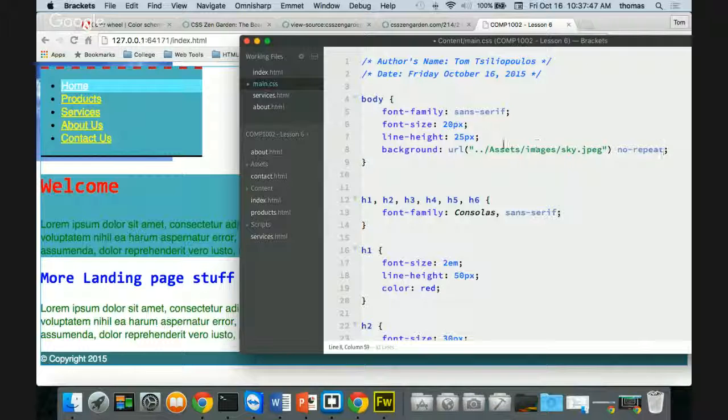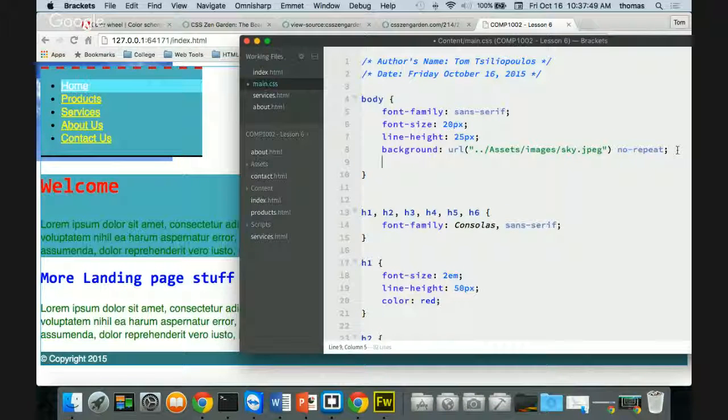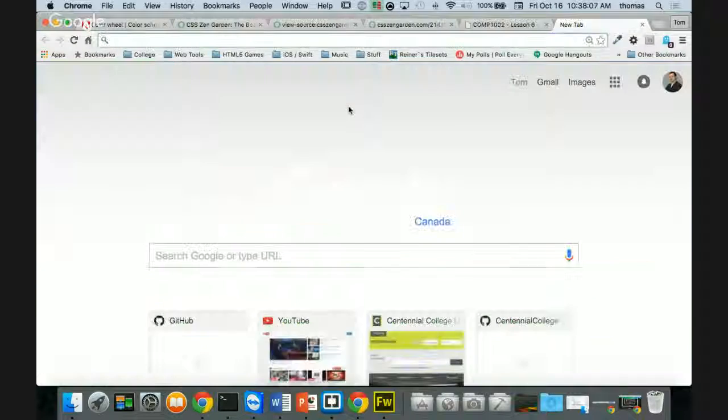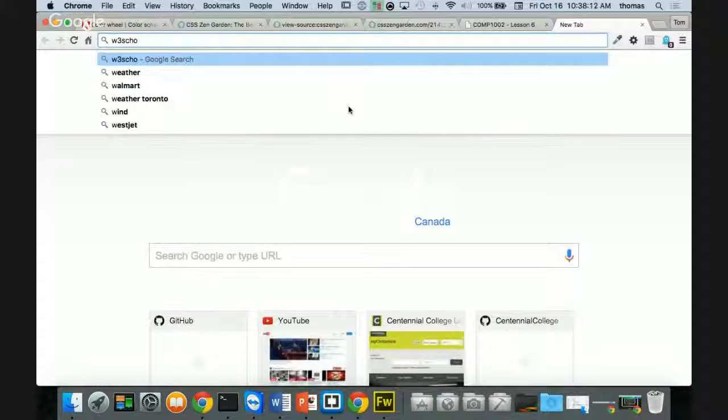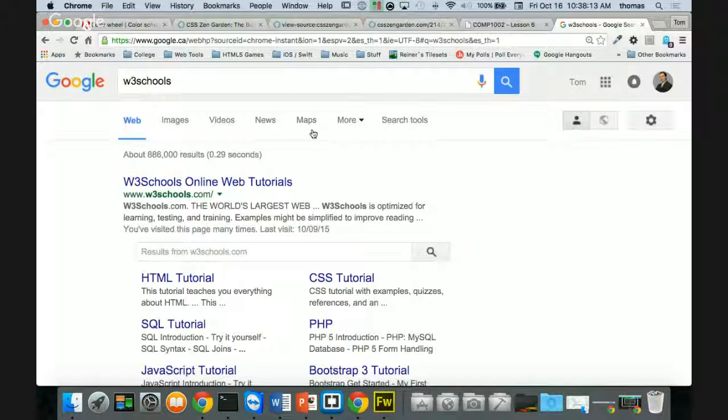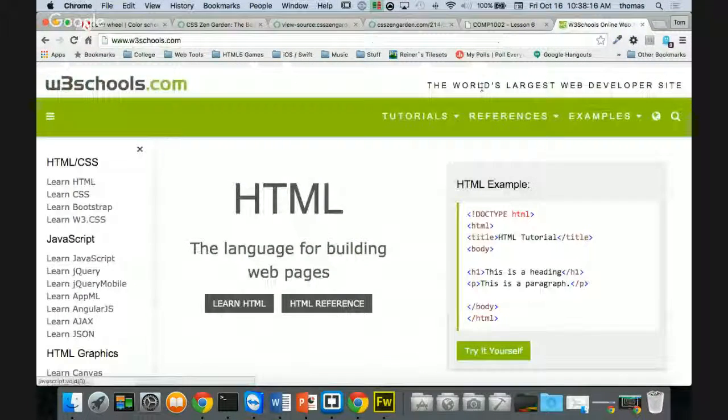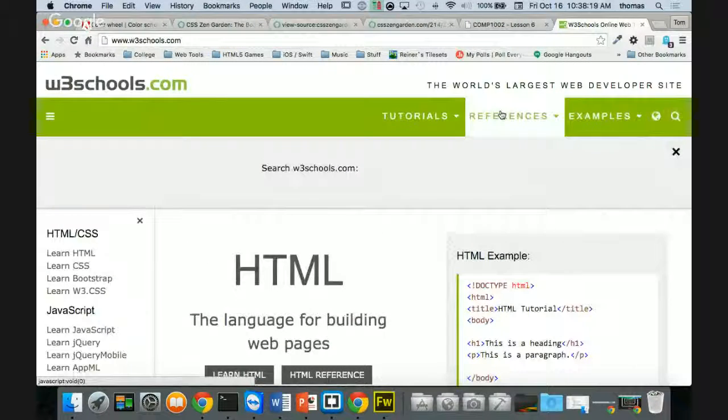And if you don't know what it is, by the way, I can't remember the actual rule. So I go background, another background, and if I start typing fill or repeat or no-repeat, how about if I want to get some information about my background property for my body tag? Well, you can always go to W3 Schools, which I recommend. I'll look at W3 Schools, and if I search for background,